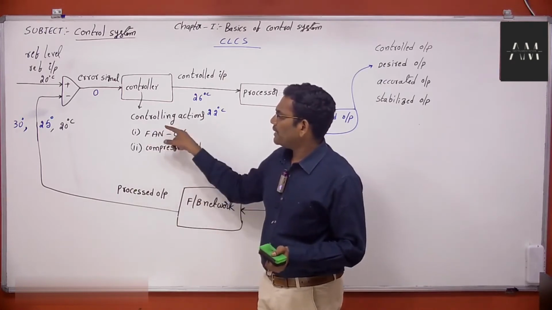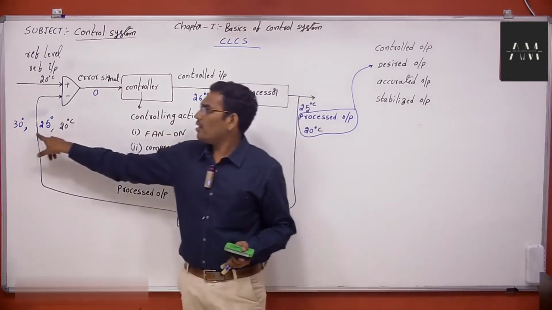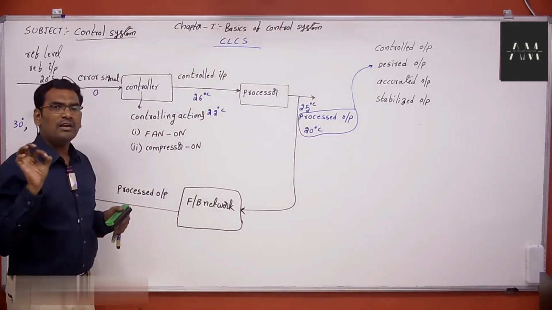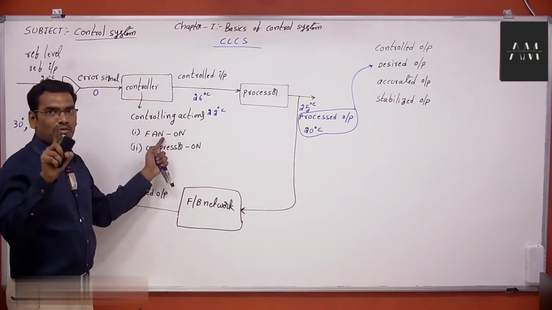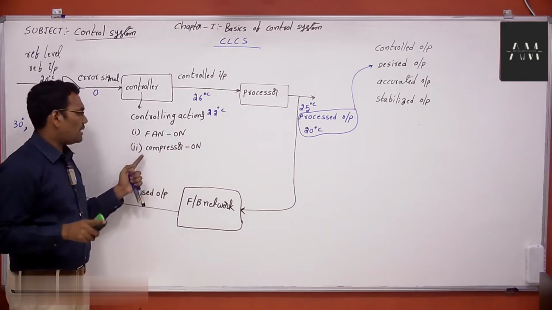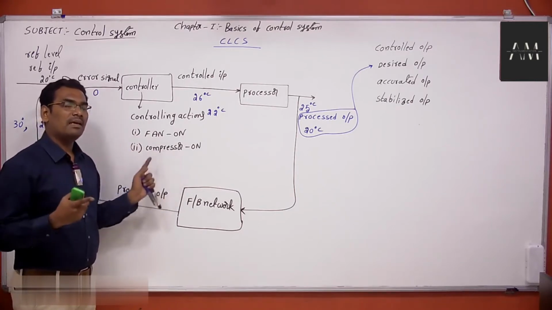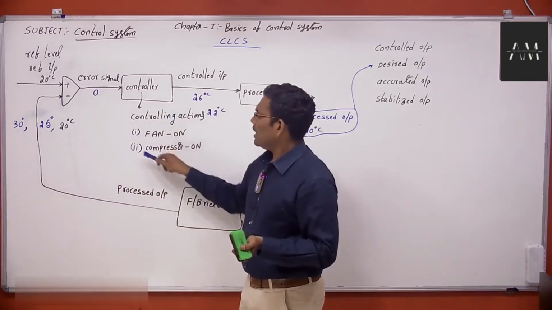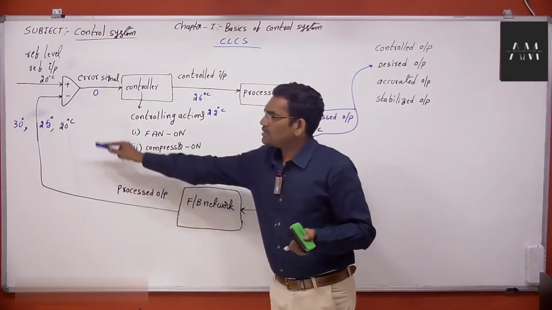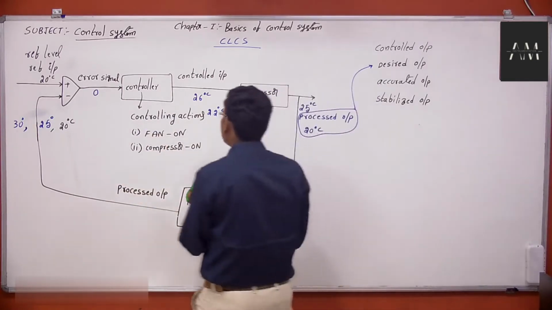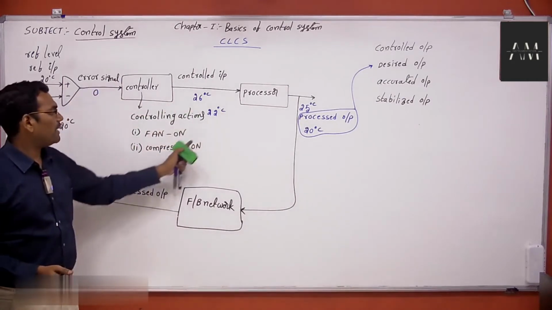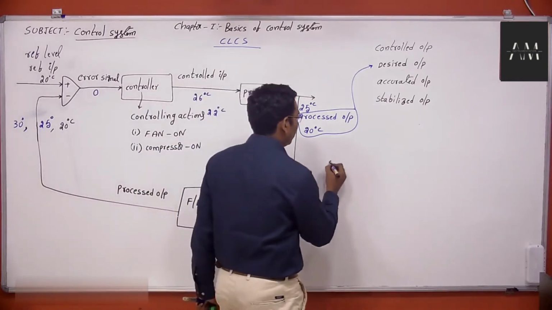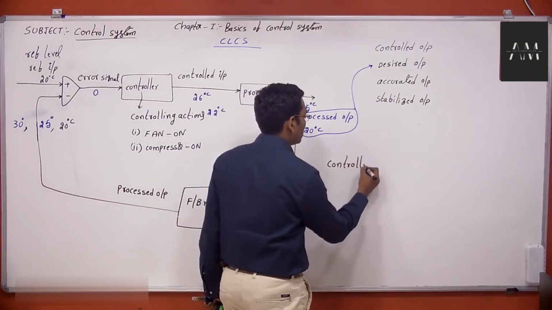Now these controlling actions are completely dependent on the output. This processed output is nothing but the output. See here, these are the controlling actions. First only the fan is on. First controlling action is only fan on, and second controlling action is compressor on. After some time, compressor is off. Now how will it be operated? These controlling actions completely depend upon this processed output, which means that in which control system controlling actions